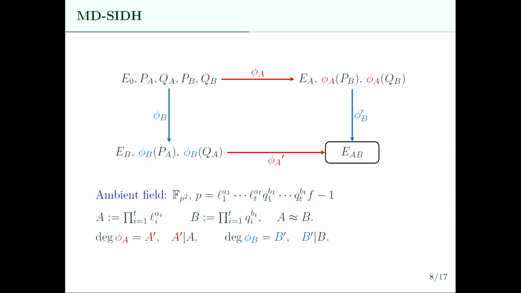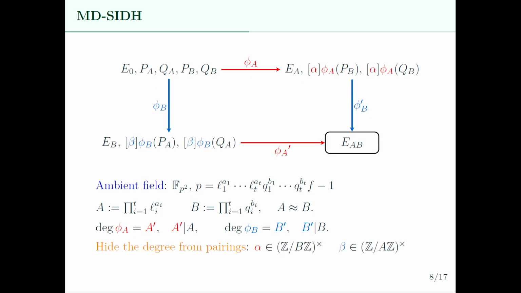And with this, you can still reveal the torsion point information, and then you do your SIDH. But there is what we call pairings. If you have torsion point information, then you can sort of recover the degree of your secret isogeny thanks to pairings. So to avoid that, you need to still scale the torsion points by some scalar so that the pairing will not reveal any information about the degree of your isogeny. So you hide the degree using a scalar that you choose, so that this scalar is invertible, and Alice will use a scalar alpha, and Bob will use a scalar beta.